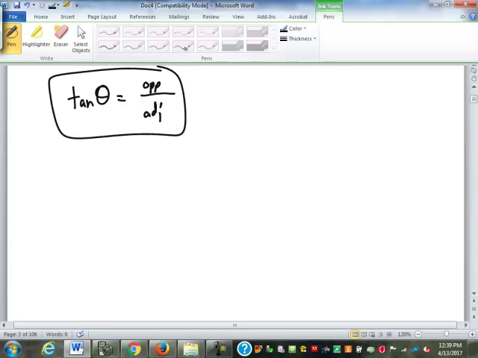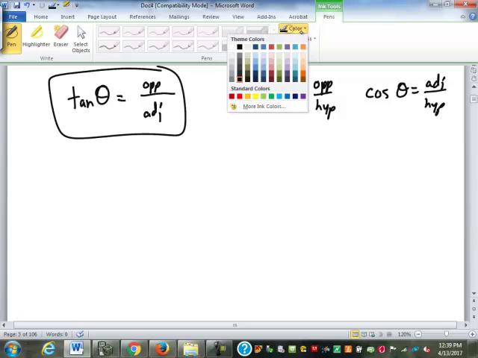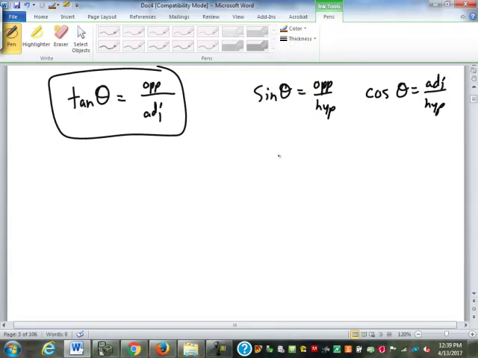So we're going to leave that there for a second. Sine of an angle involves what two sides? Opposite over hypotenuse. Cosine is, careful, adjacent over hypotenuse. So if we divide the sine divided by the cosine,